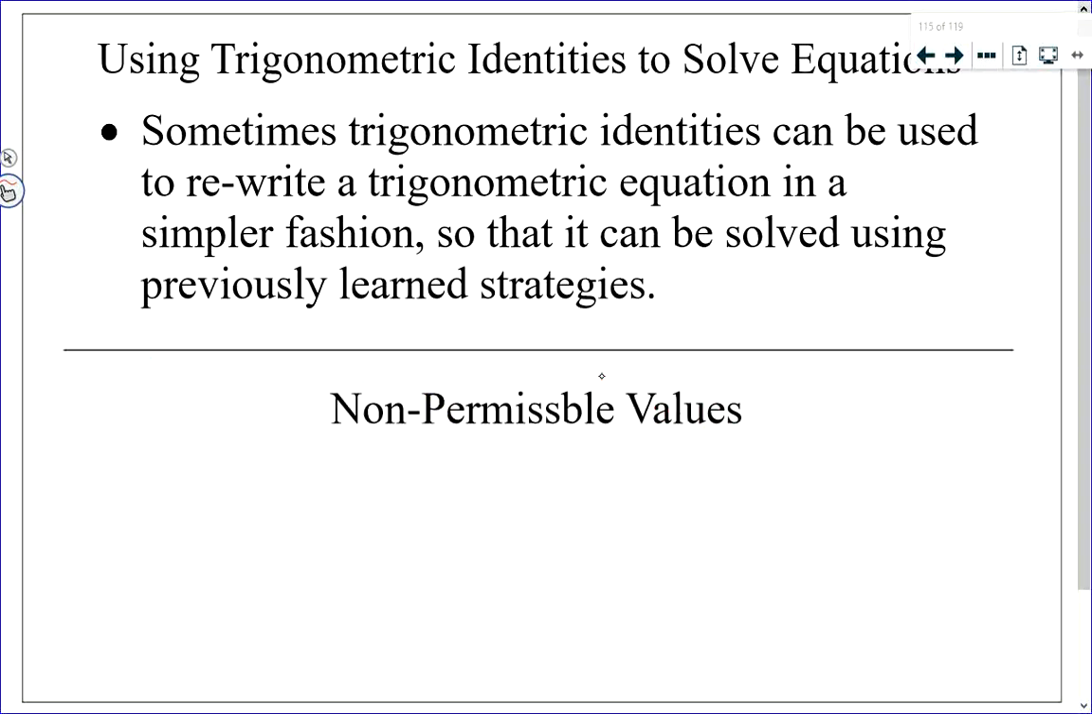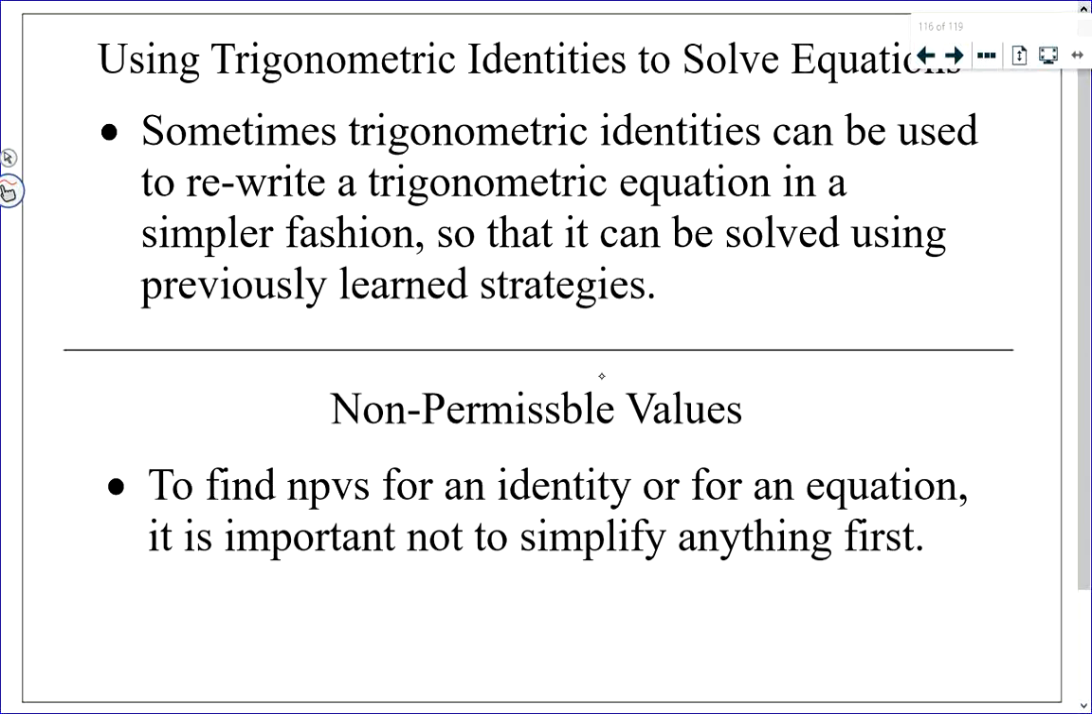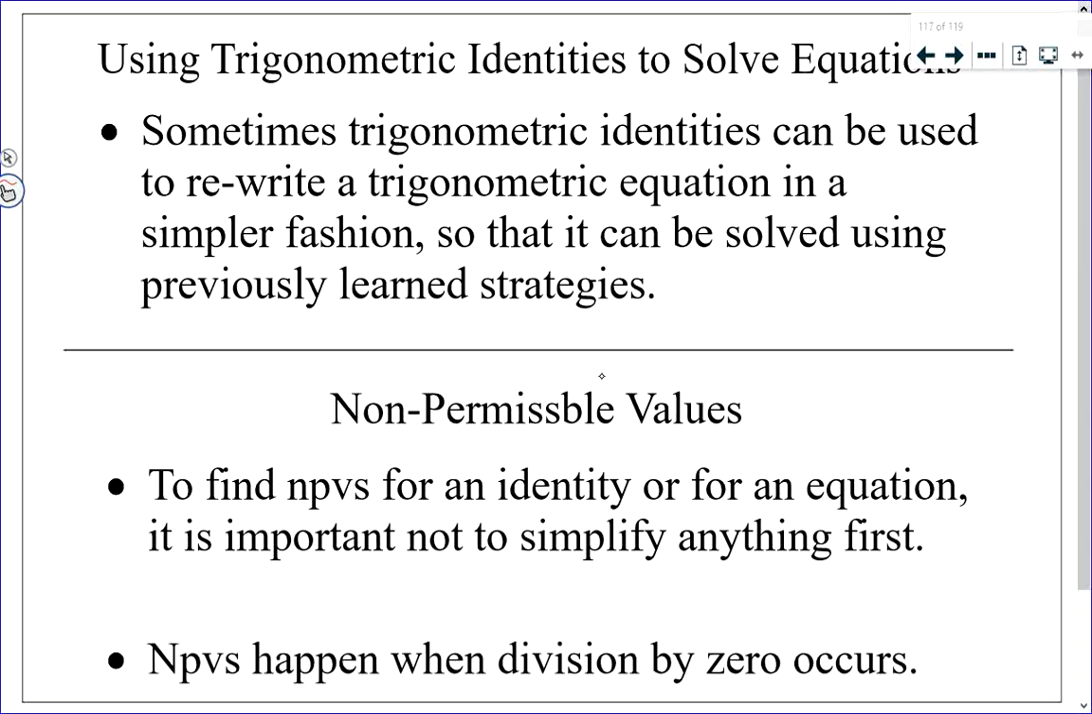Non-permissible values. Remember that to find non-permissible values for an identity or for an equation involves looking at any value of theta or x that makes division by 0 happen. Now I want to discuss something with you here, because this is the last thing, but I want to make sure I go over this with you because on your exam many of you made this kind of mistake. If I had some expression that had, doesn't matter, cosine of theta over tan of theta